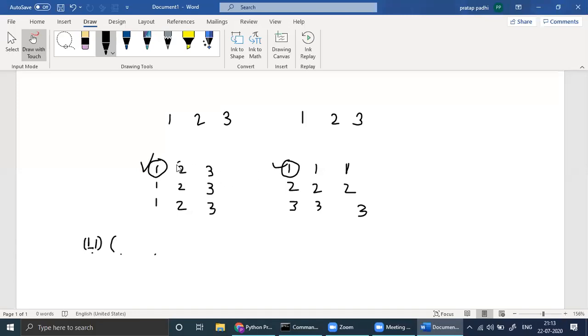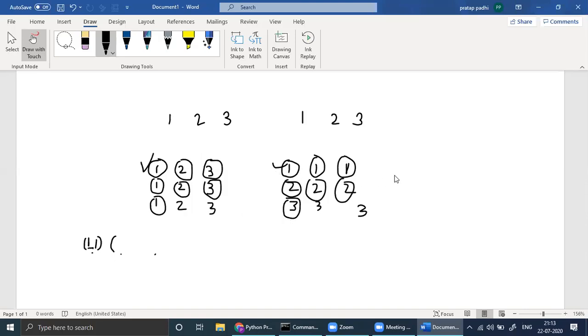See here 2, 1, 3, 1. Then comes this one, 1, 2, 1, 3, column by column, row by row, 1, 2, 2, 2, 3, 2. This way you will get if you repeat row wise here, column wise here, or maybe row by single number.